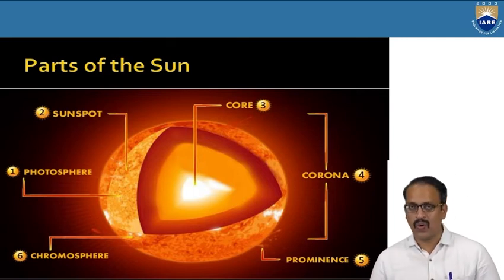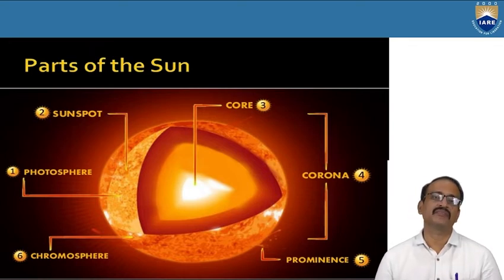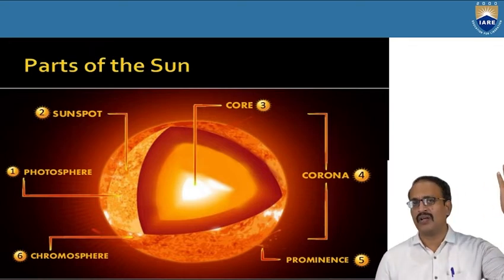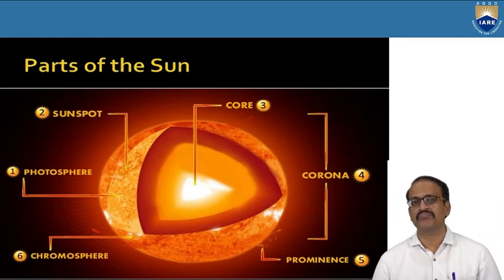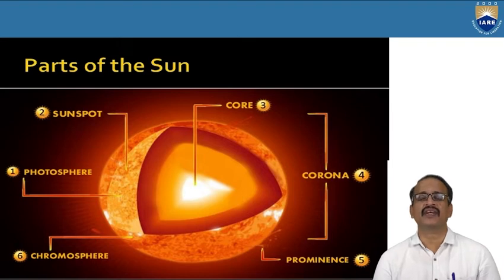The Earth is having a core, which is in the molten stage. After that, a rocky layer. Above that, different spheres: stratosphere, ionosphere, troposphere. Above all these things, the ozone layer. In a similar way, the sun is also having different layers.